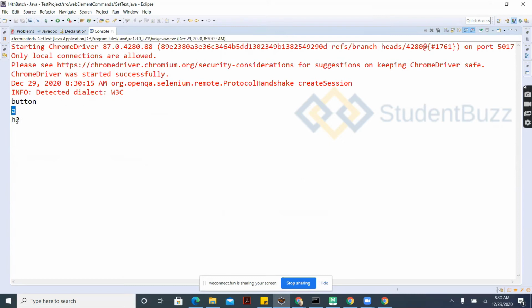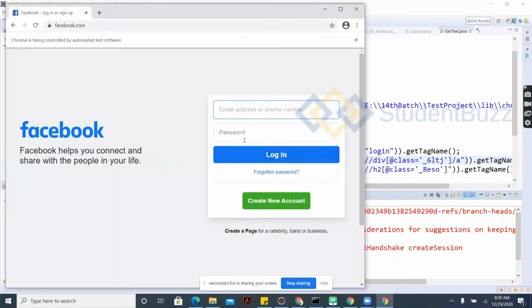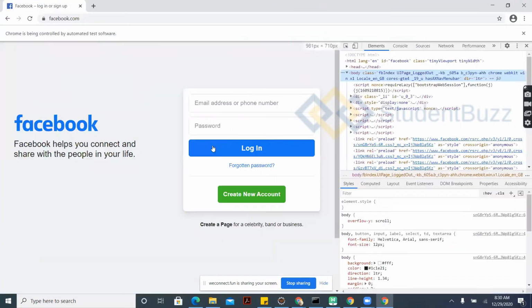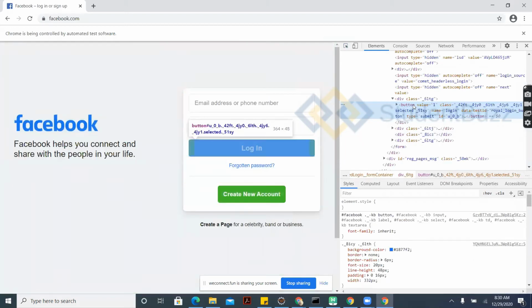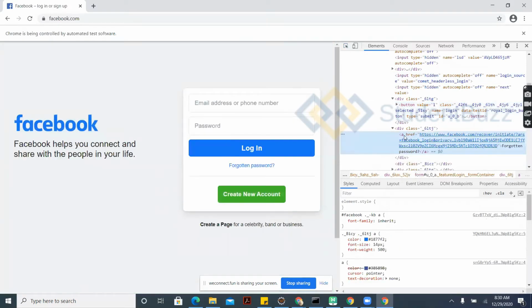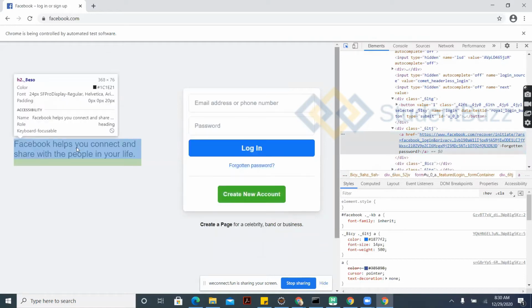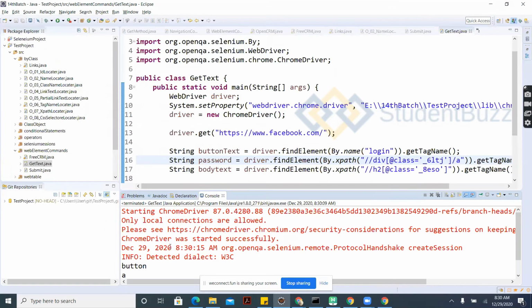Another one is a link, and another one is an h2. I hope everyone understood this. This is a button, this one is a link, a, and this one is h2. So this is the button value.